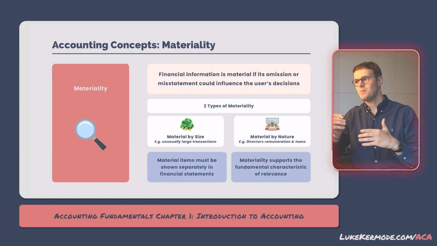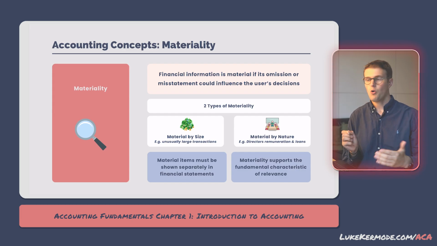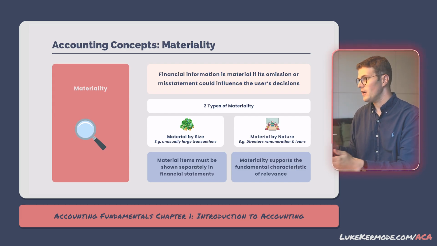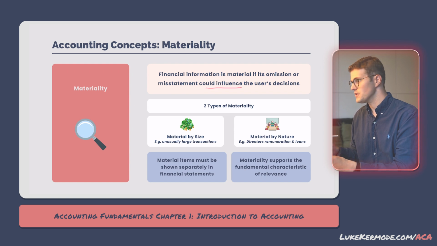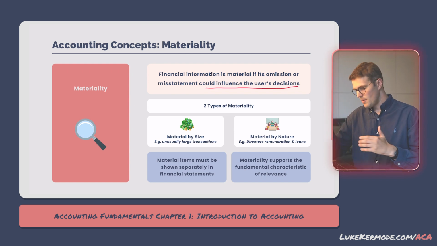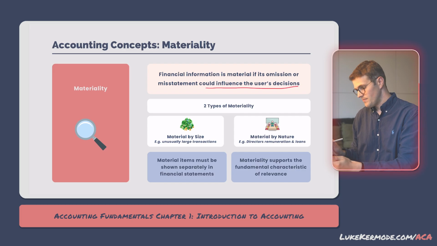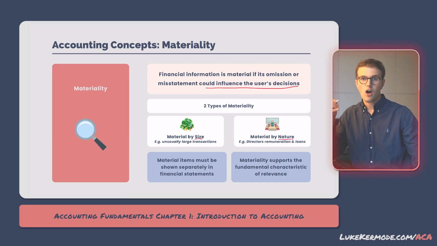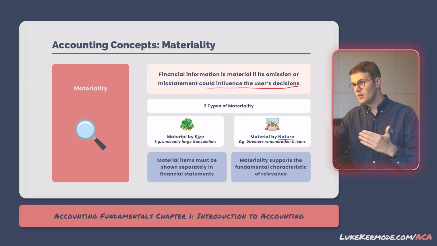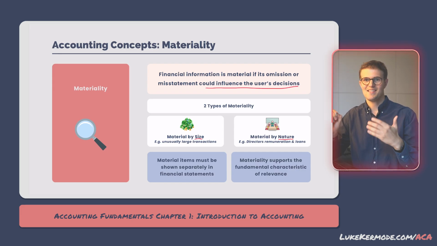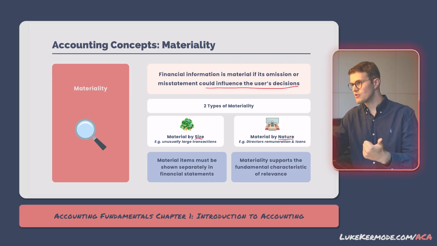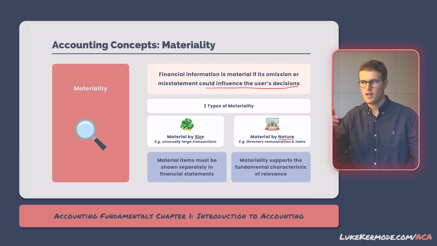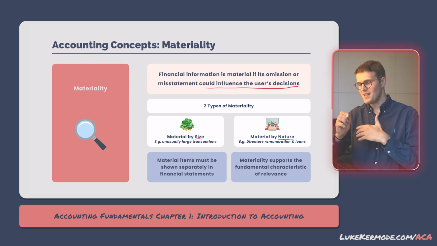Financial information is considered to be material if leaving it out or getting it wrong could influence the decisions that users make. Materiality depends on both the size and also the nature of the transaction. A very large transaction is likely to be material simply because of its size, but even small transactions can be material if they relate to sensitive or significant things like directors' remuneration or loans to directors, where transparency is absolutely crucial. In practice, any material transaction must be presented separately